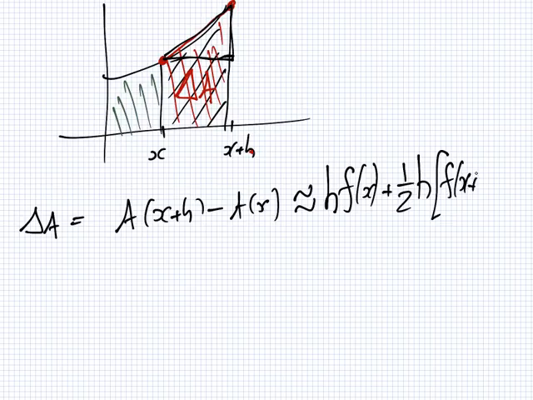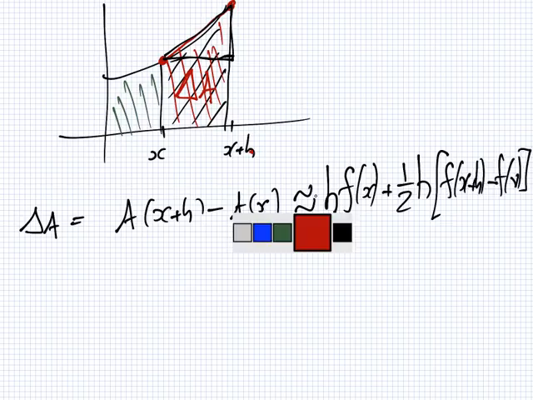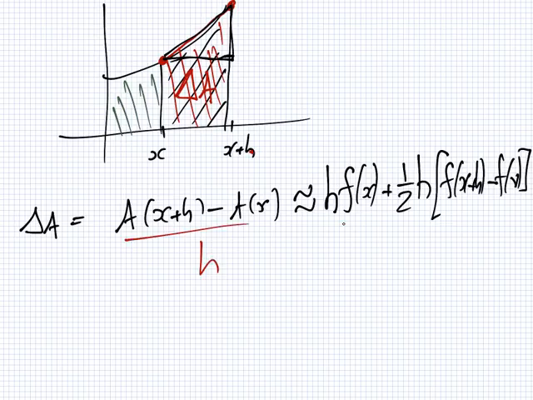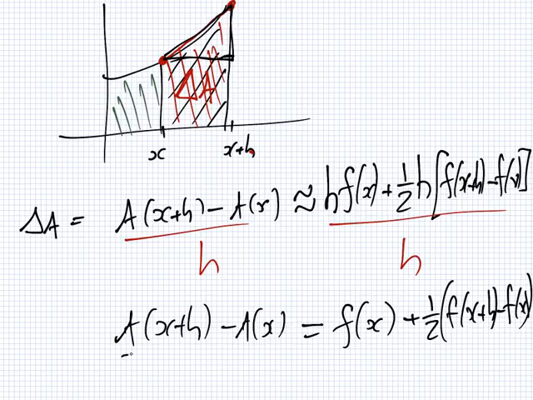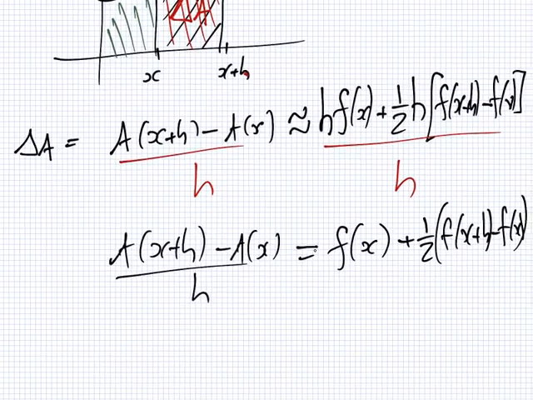f of x plus h minus f of x. Okay, now this time what I'll do is I'll divide both sides by h. So here what am I left with? f of x plus a half f of x plus h minus f of x. And here I have a x plus h minus ax over h. Is that, you got that? Yes? Okay, now, next what I'll do,